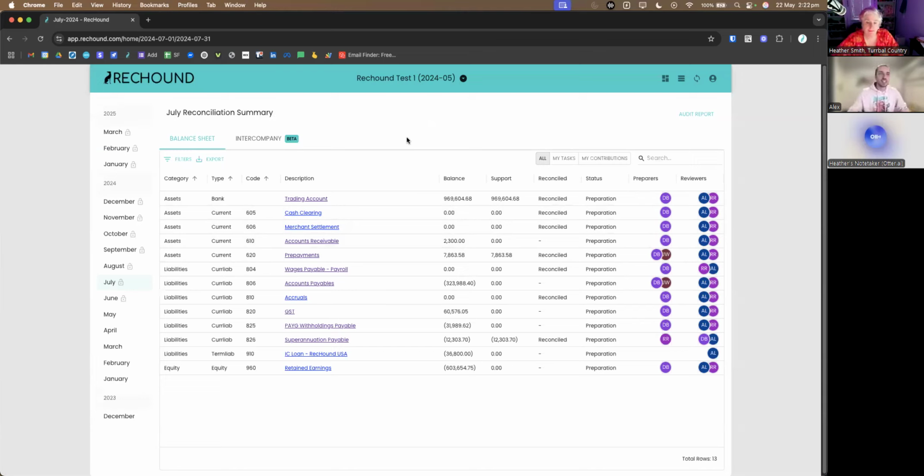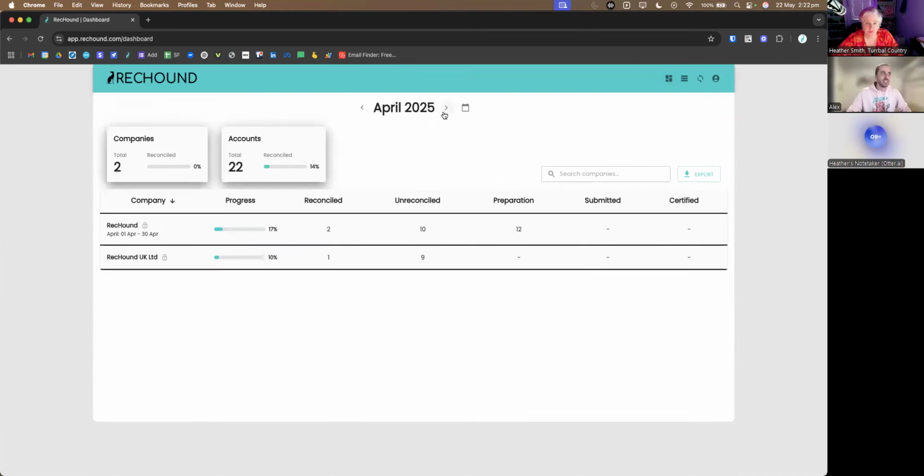And I guess the last thing that I'll just quickly take you through is the dashboard as well. This is a dashboard where it'll show you all of the companies that are connected, and how much of your company has been reconciled. So you can see we've done 17% of RecHound in April and 1 out of 9 for the UK in the month of April 25. Absolutely, any current entities will show up here and it'll just give you a snapshot. If you're an accounting firm or if you've just got a large number of companies that you need